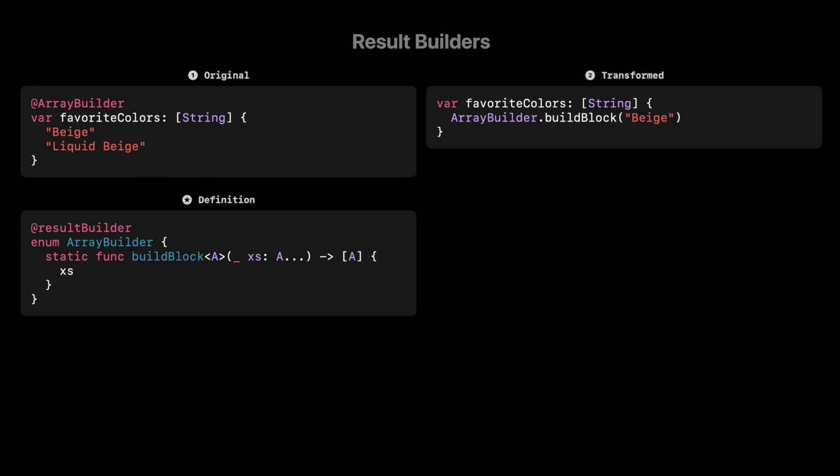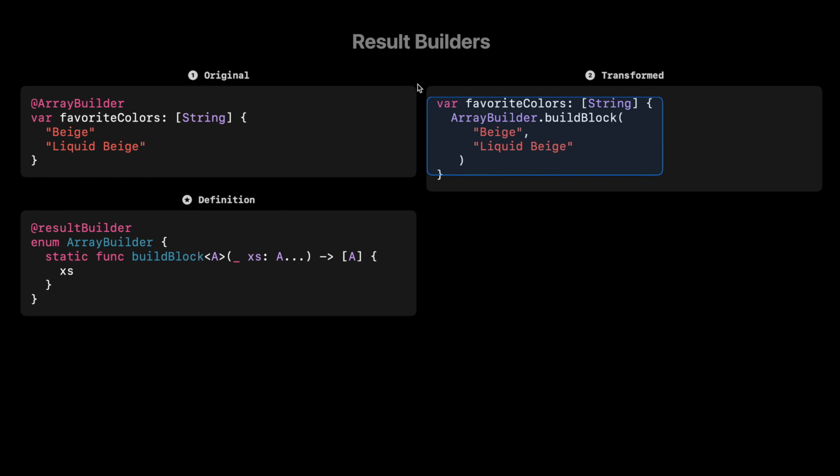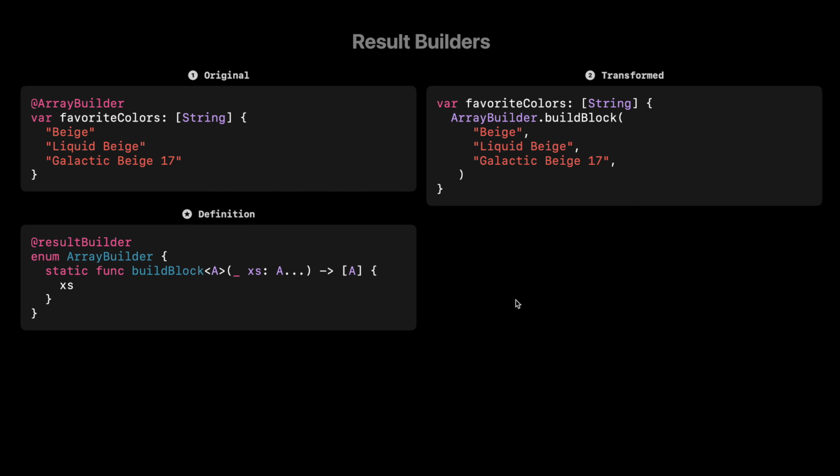With result builders, it's rewritten into this on the right-hand side. So when we add a second value, it's merely collected into this call to build block. So every line in this block is passed along, comma separated now, to this build block static function, which you would have had to define here. And nothing needs to change. This will still work. We can even add our third favorite color, Galactic Beige 17. And they're all just going to get passed into build block, which will return them as the array that they